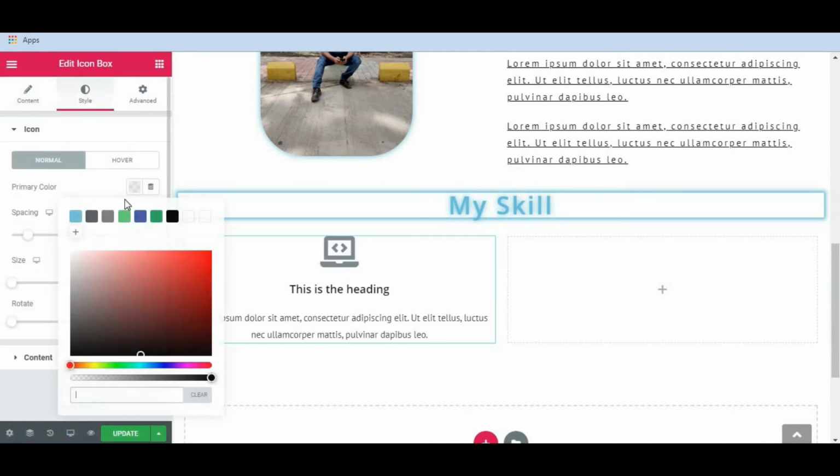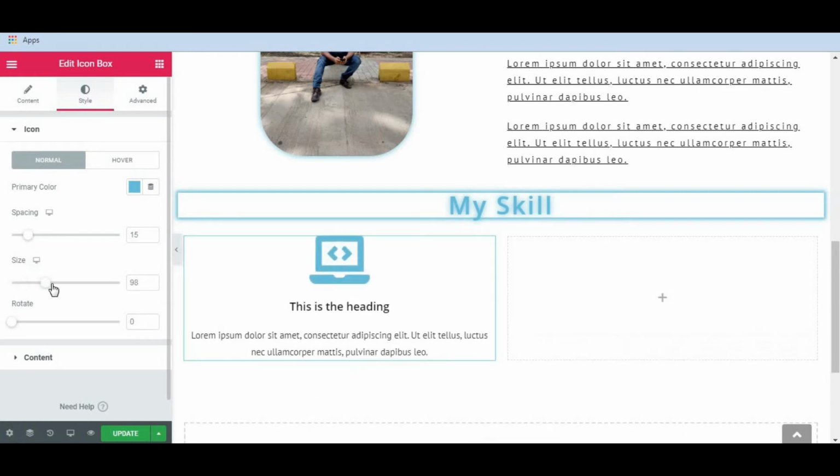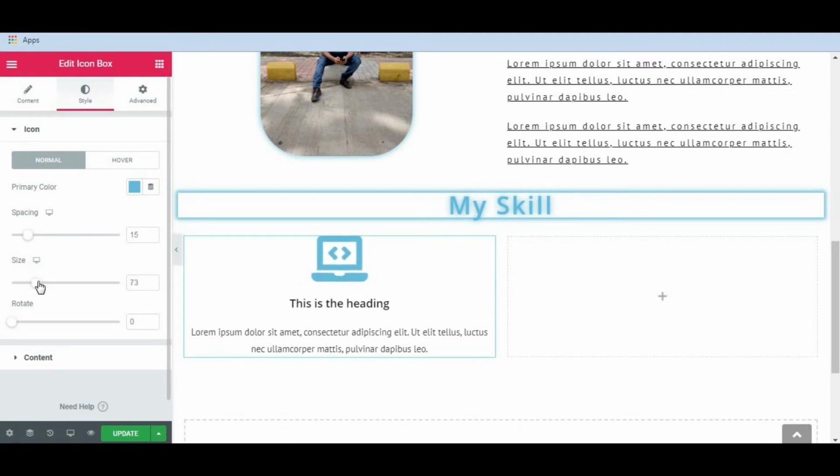Now we will give a light blue. Okay. Increase the size. Okay, 73. You can rotate this icon. Here it is, like this. Spacing.